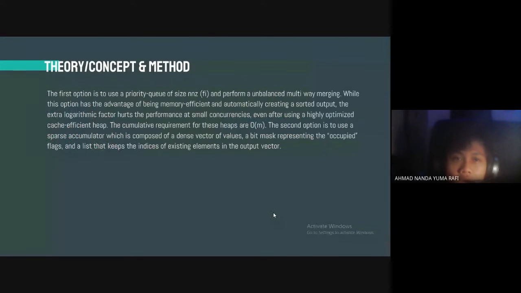For the theory, concept and method, the first option is to use a priority queue of size nnz or phi and perform an unbalanced multiway merging. While this option has the advantage of being memory efficient and automatically creating a sorted output, the extra logarithmic factor hurts the performance at small concurrencies. Even after using a highly optimized cache efficient heap, the cumulative requirement for these heaps is